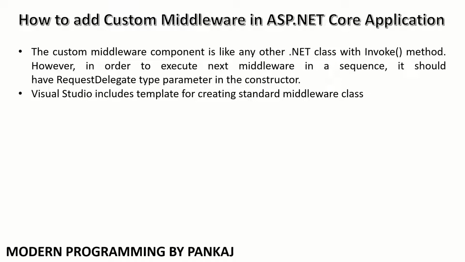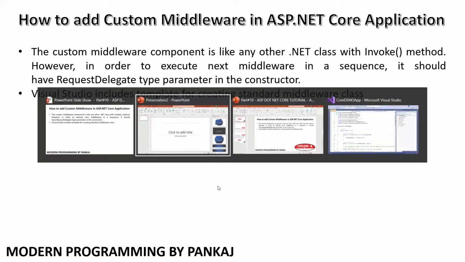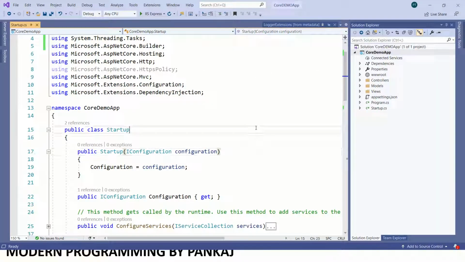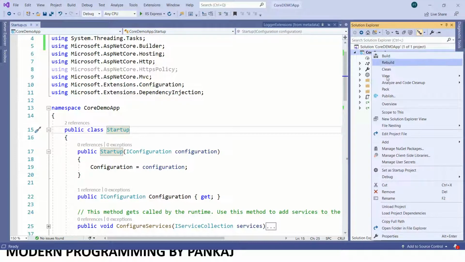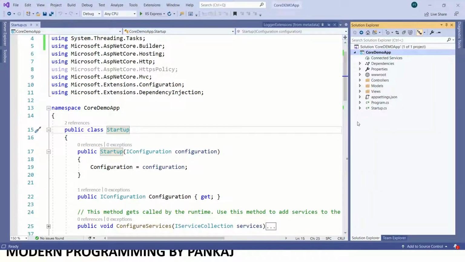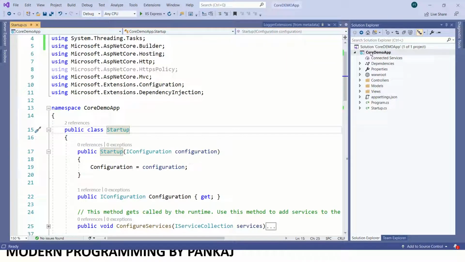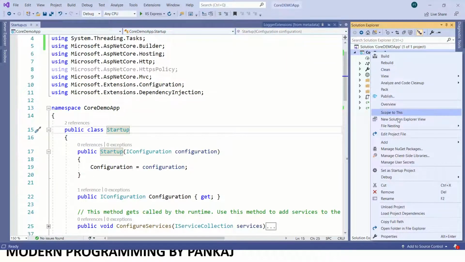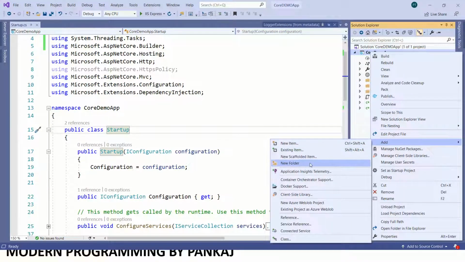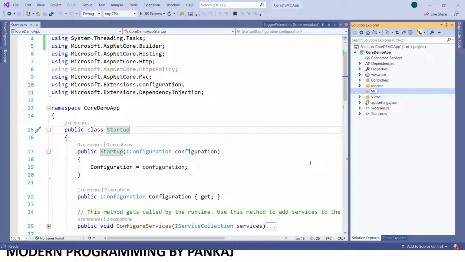So how can we do that? Let's flip to Visual Studio and I'll add one custom middleware in the ASP.NET Core application. We just need to create one folder. Right click on the solution and add a folder, and I'll give it the name Middleware.